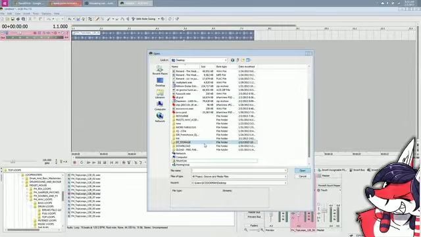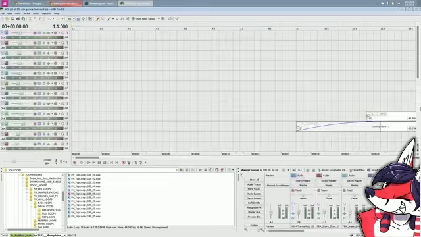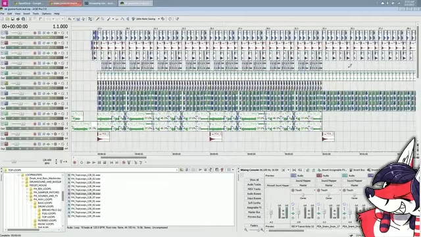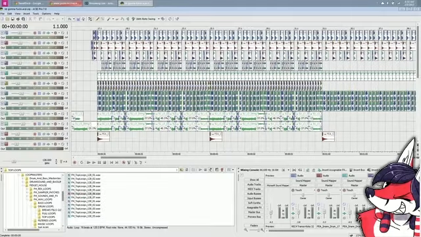Let me open the last Queenston's track I did, that being Wood Grain. This is how I use Acid. Just give it a few seconds to do its thing here. Okay, so this is a mess, but I do like sequencing in Acid, which is stupid.